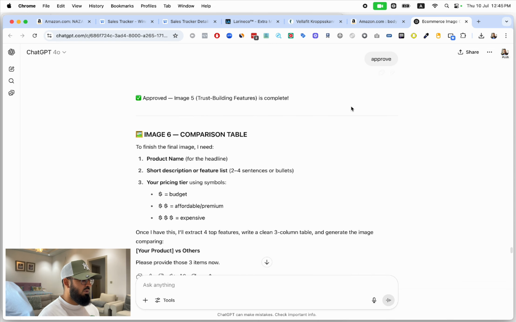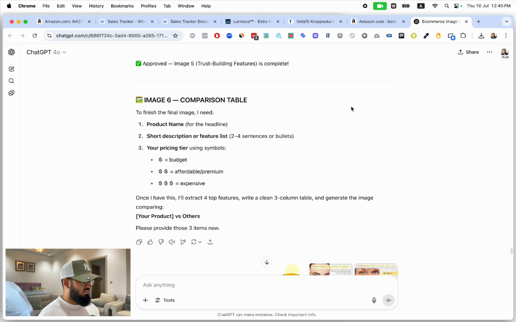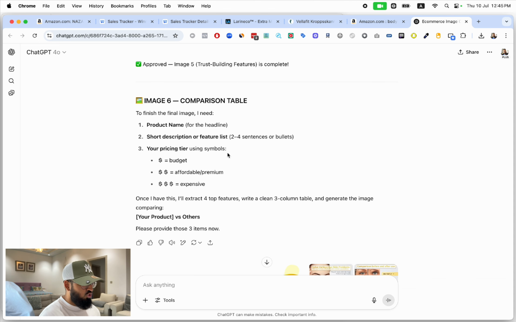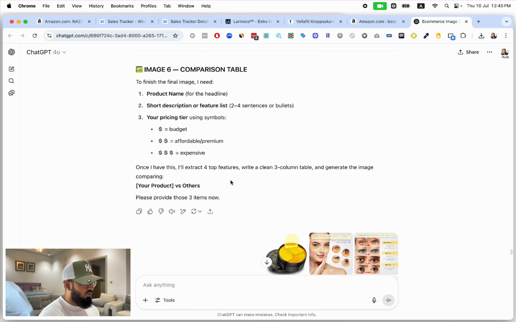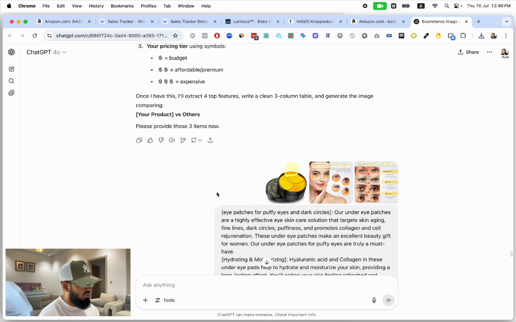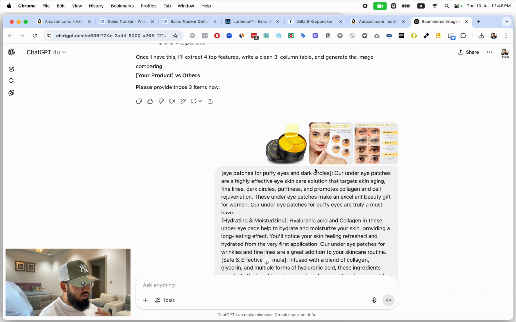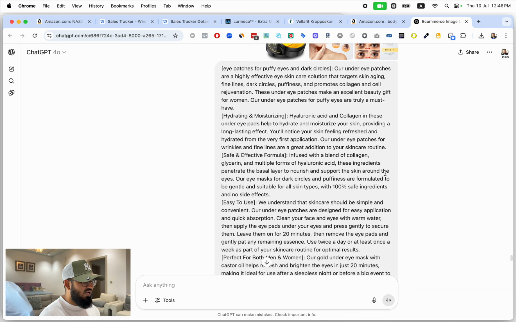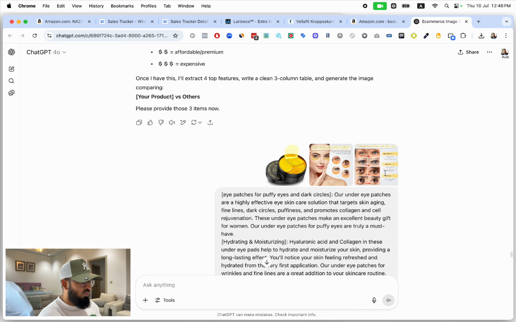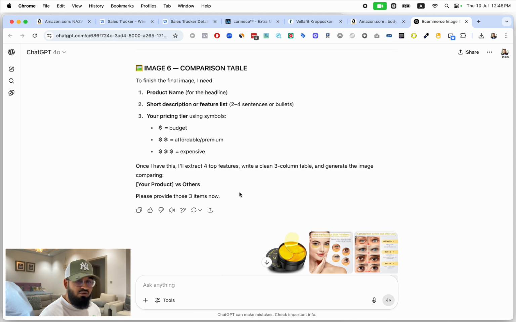And then finally, the comparison table. Again, it's telling me product name, short list and description, and pricing tier. Once I have this, I'll do your product versus the others. I didn't listen to it. I just literally gave it images and text. By the way, your outputs will be a lot better if you listen to it. I just wanted to prove to you that even if you misuse it, you will still get good outputs,